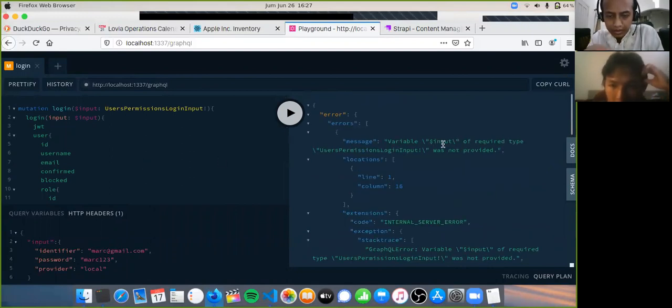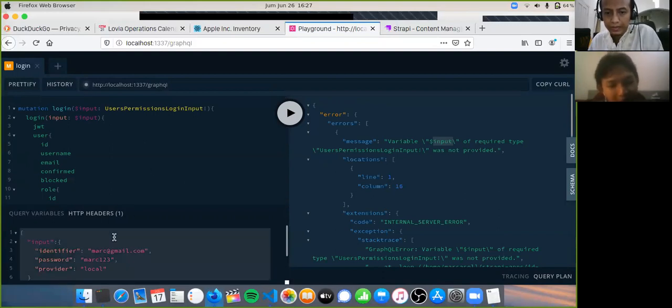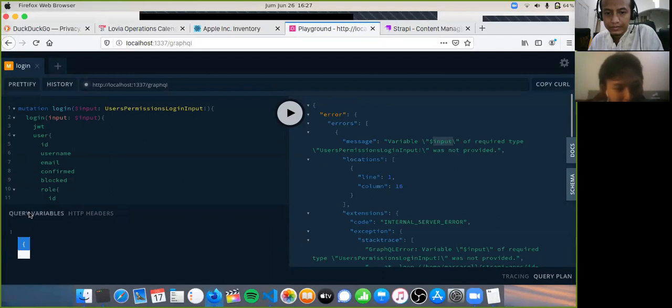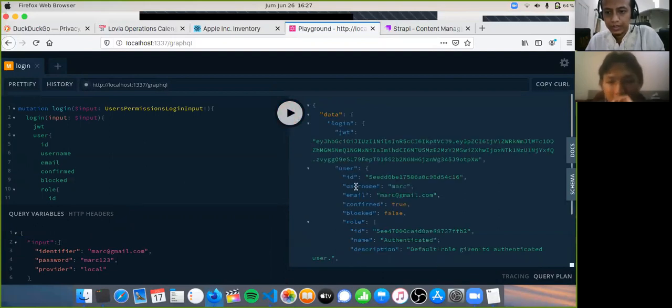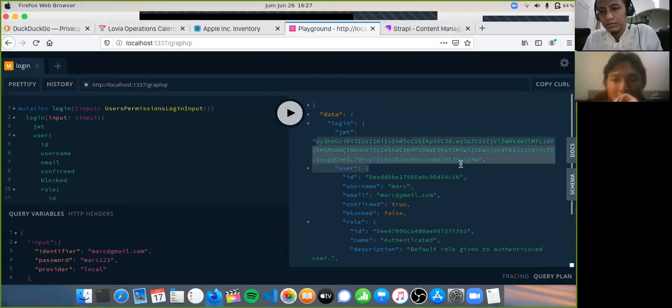Because the one below, I think it's in the variables that you put. Are those in HTTP or in query variables? I'm sorry. I think it was in query variables. So I'll just try to run it. Okay, that's good. Here I have the token, but I